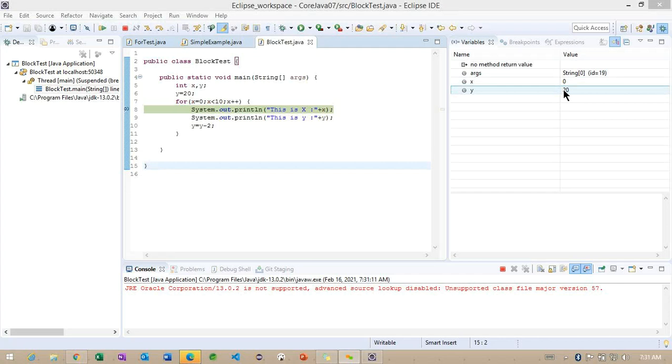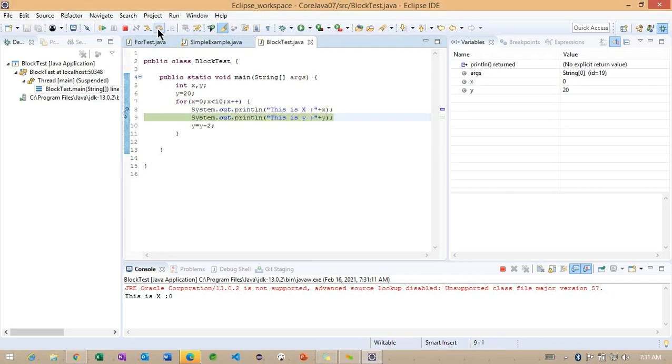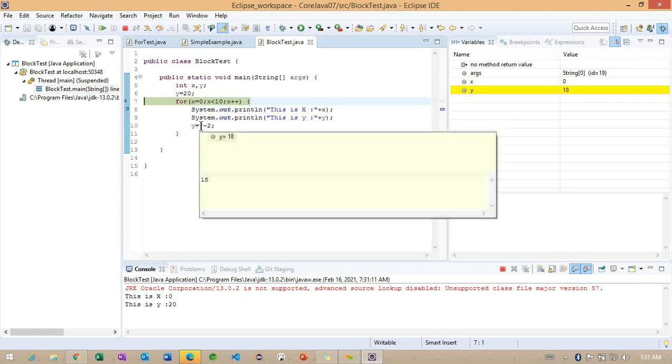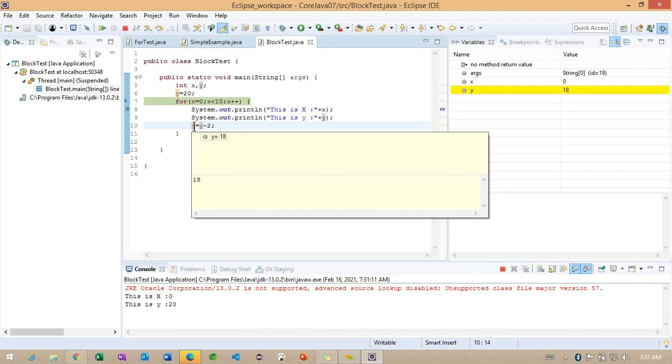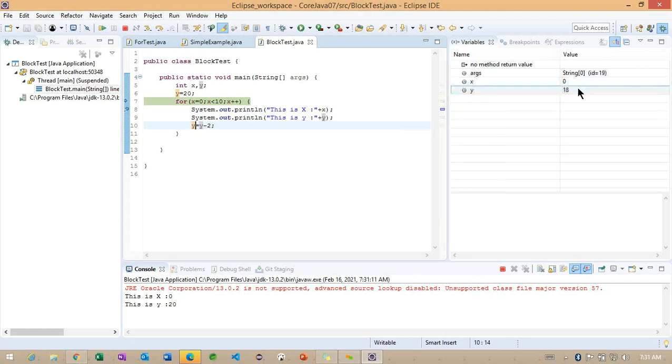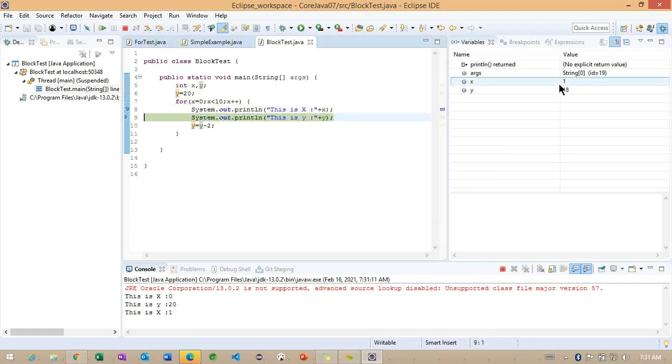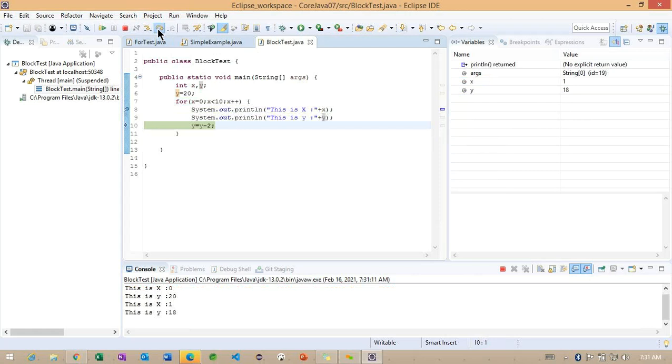So can you check the variable section on the left side here? x is 0, y is equal to 20. And after that you can observe here, the y value becomes 18. How is it changed here? Initially y is 20 and we do some subtraction here, and the subtracted value we assign again into y only. Now what is the y value? Now it is 18. So observe one more time, x becomes 1. So check here, y is 16.